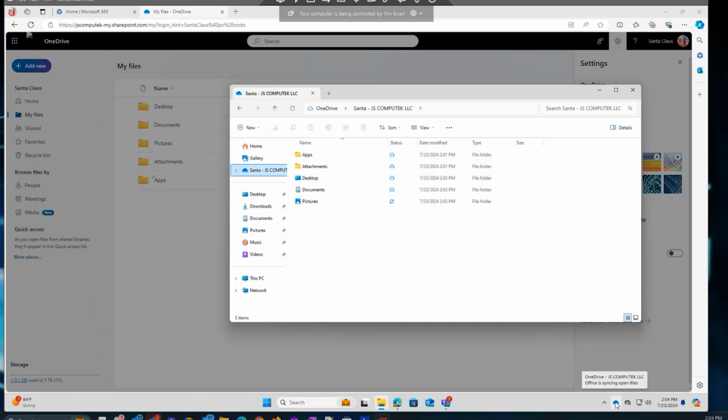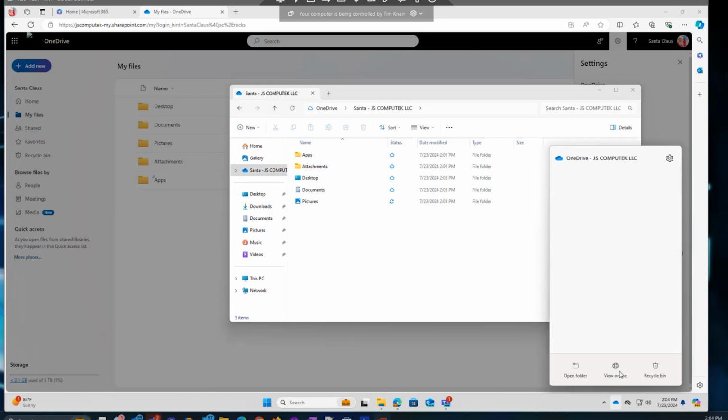Blue cloud logo down here matches that. If you click on that, you'll get synchronization information, file information. If you have any problems, it'll appear here. If you don't know if your OneDrive is currently set up and you want to know if your backups are